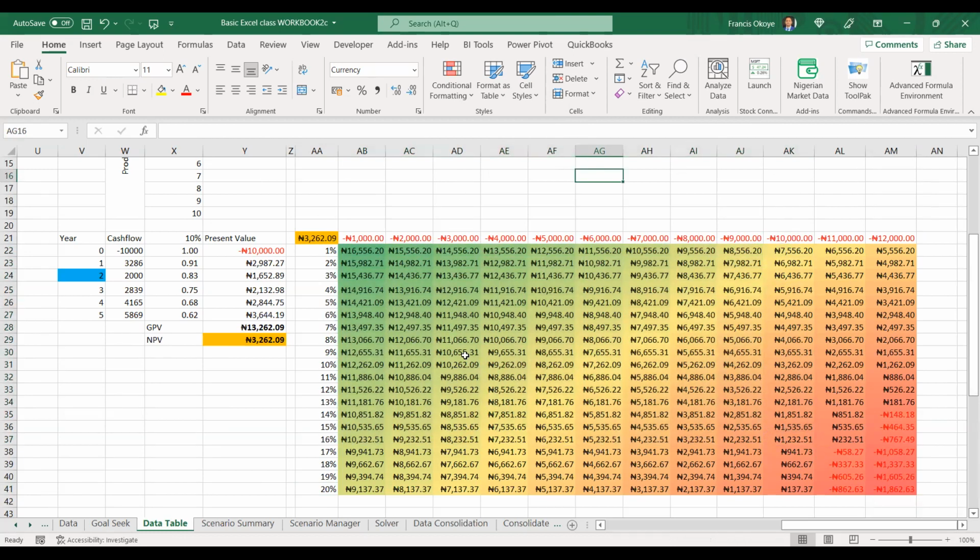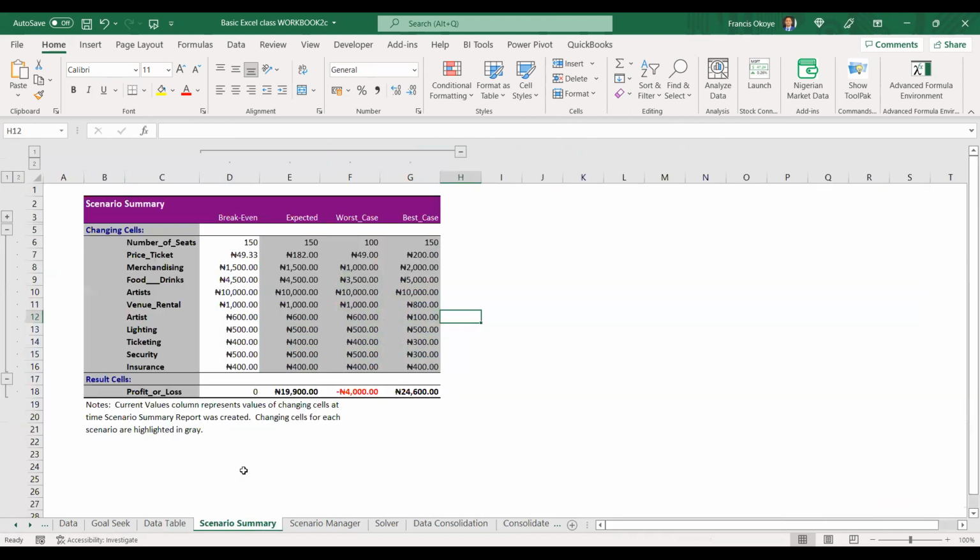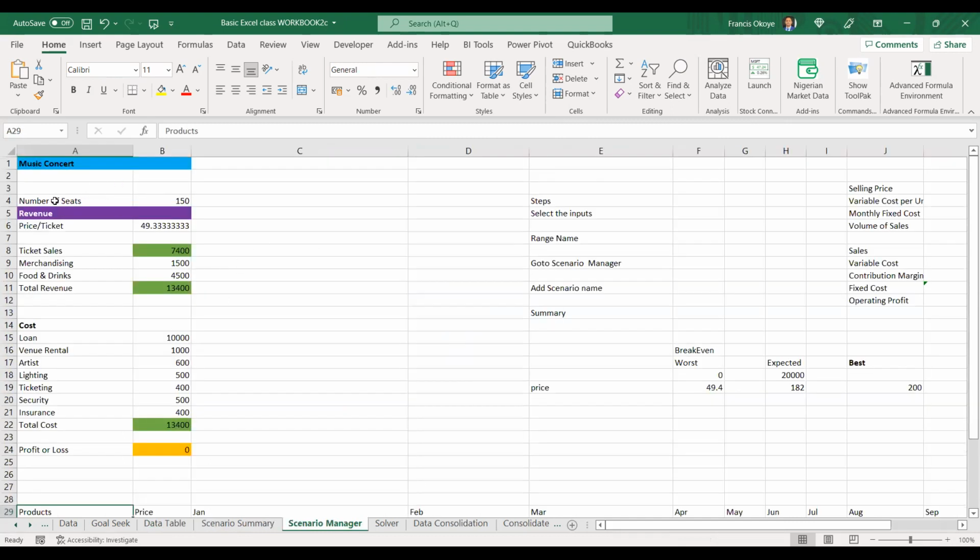So that's it. This one looks at two variables. But in that scenario, you can look at as many variables as possible. I can simulate as many variables as possible. For example, the last one we used was a concert at Echo Hotel. Let's say the number of seats you have is maybe 150, and the price per ticket.